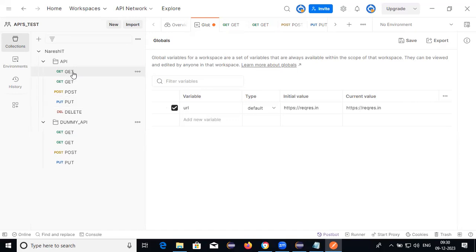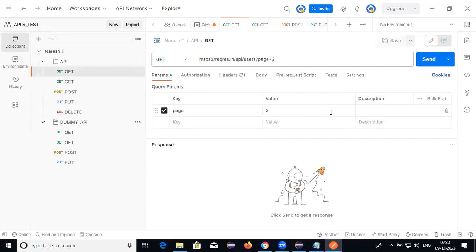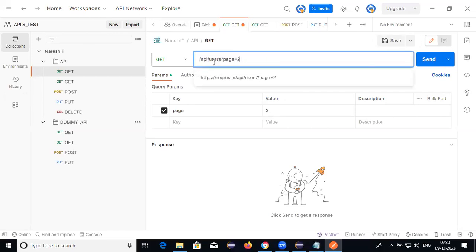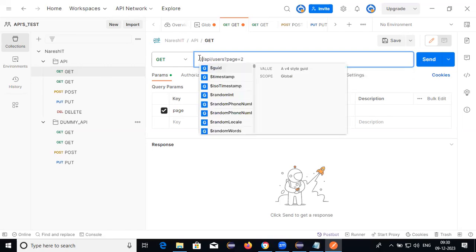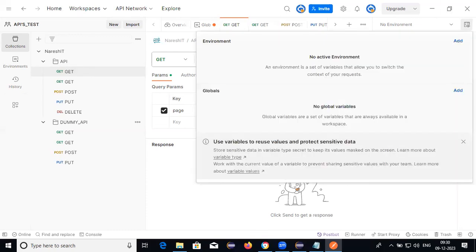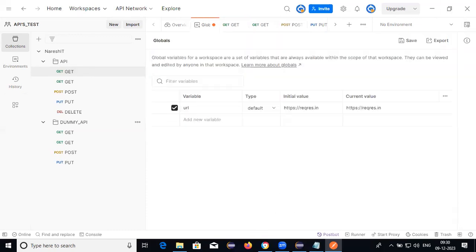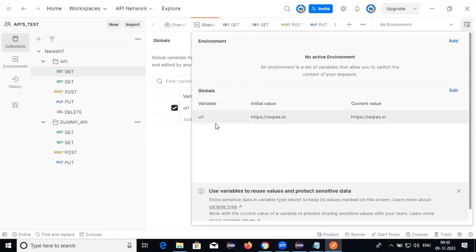You can open your API, you need to remove this one. You guys are put down. We are expecting here. Just a minute. I need to save. And once I save this one